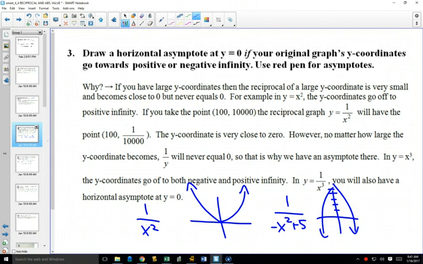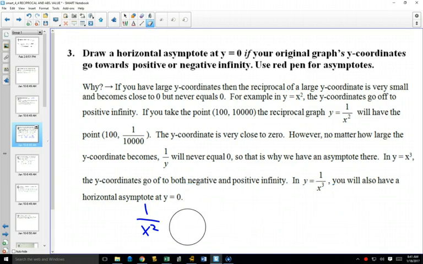Right? So any graph where your y values go up forever with your arrowheads or down forever with your arrowheads, you're going to get that asymptote at y equals 0 on the x-axis. Graphs that won't have this,